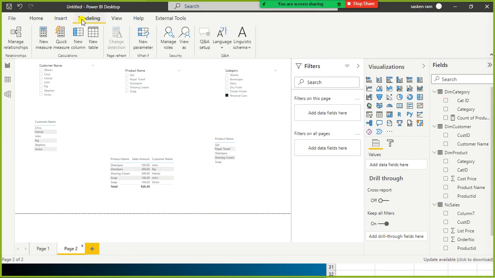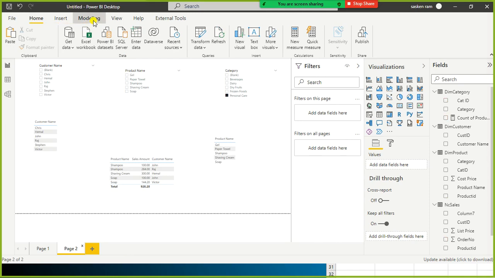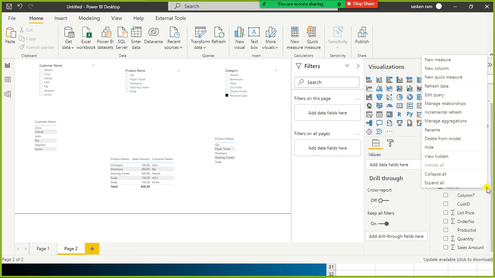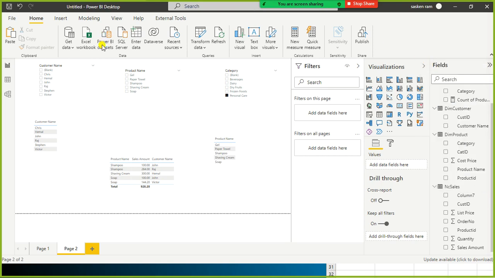Instead of going to modeling, the best practice is to go to your table name. If you click on this, you will find new measure here. So I just click on this to create a new measure.